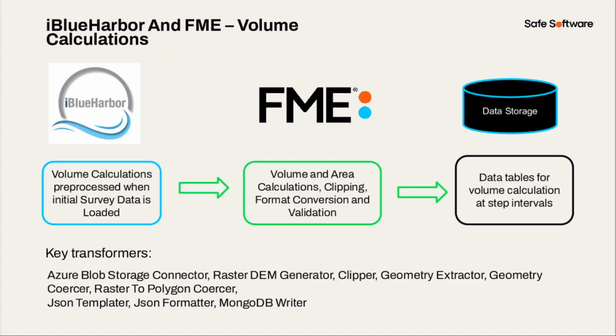And this is just kind of explaining what we're doing. This pre-processing is done as soon as you load your XYZ, and of course it's clipped to your area, so we only do calculations on the area. It's doing all that magic in FME, doing the transformations, saving all those tables on the back end in Mongo, and one of the bigger ones uses the blob stores to go get that data we had imported earlier. The big tool here to get all those calcs generated is the DEM generator, and then we do some other clipping and extractors, making sure everything's in the right format